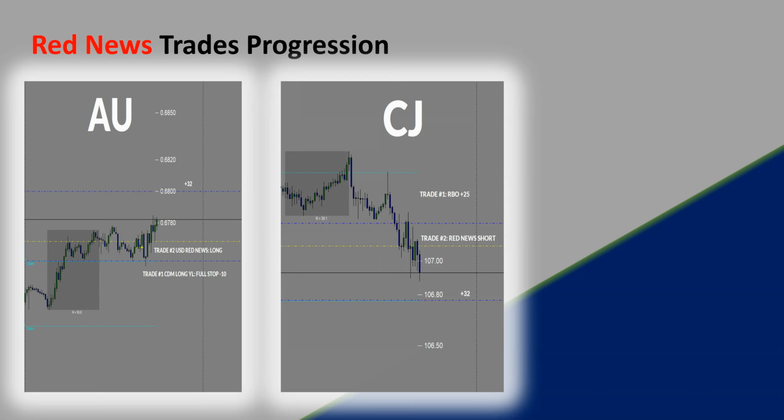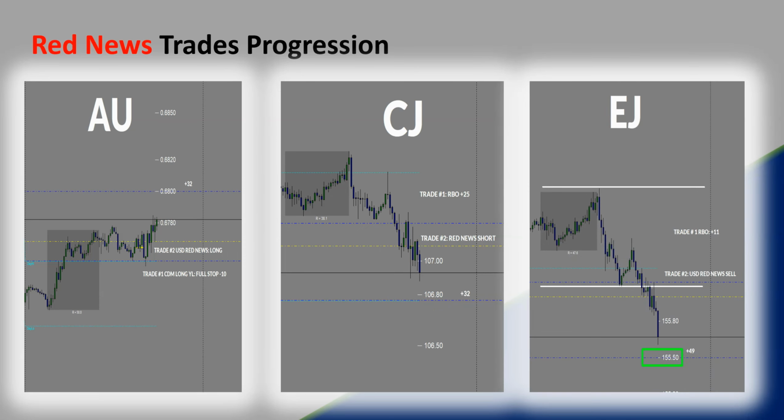And then the CAD yen, which if you recall, I got short on the news, came back up actually above my entry and then started to turn. I also moved my take profit from way down here up to here